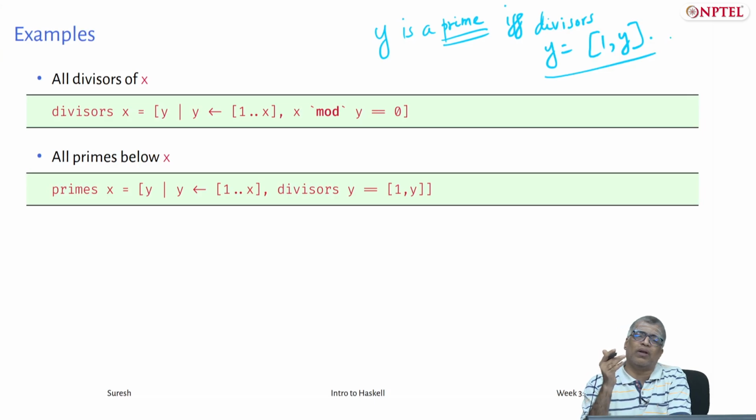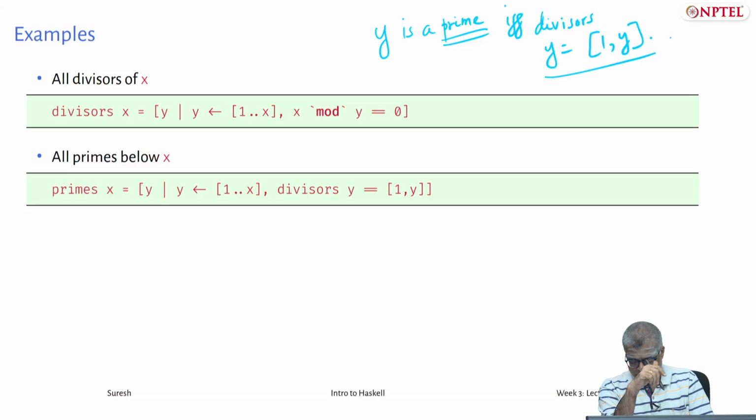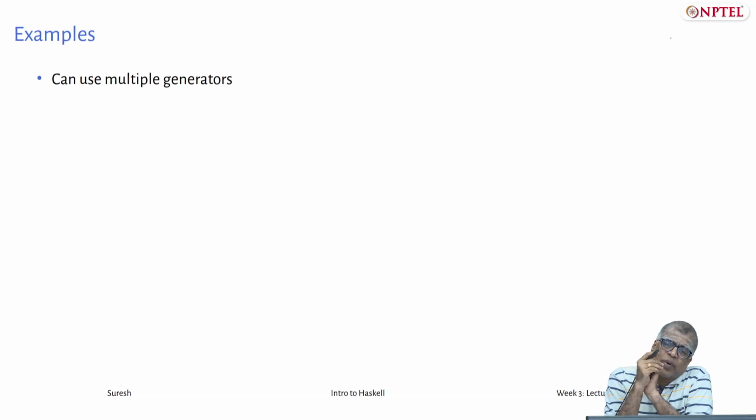This is a very simple way of specifying what primes are, but this is also a program. It looks almost like you have written the mathematical definition of what a divisor is, what a prime is, etc. But these are also executable programs. We will see in the demo session that you can just write this, and that's a program that will run, and it will actually compute all primes below 100 or below 1000 or whatever you want. So list comprehension is very interesting and very powerful.